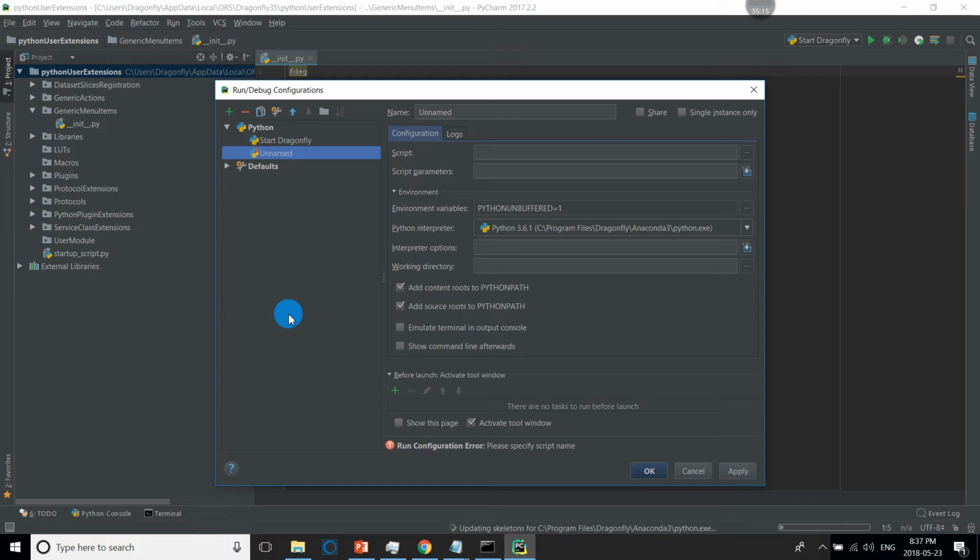Okay. So here you can click on the plus to add a new configuration and choose Python.